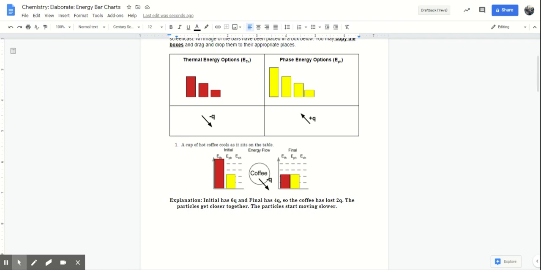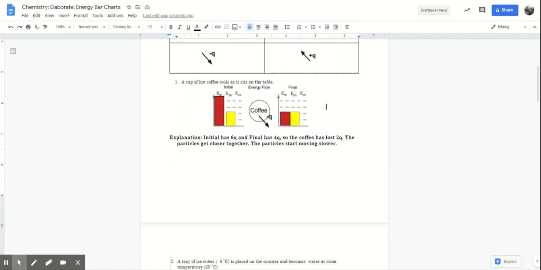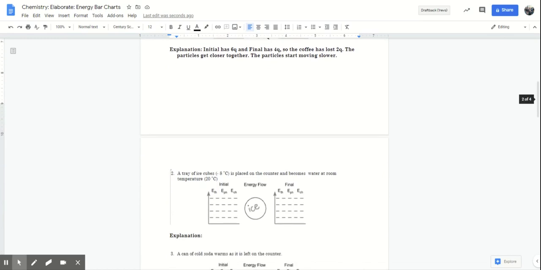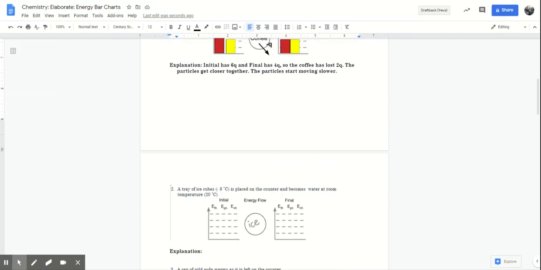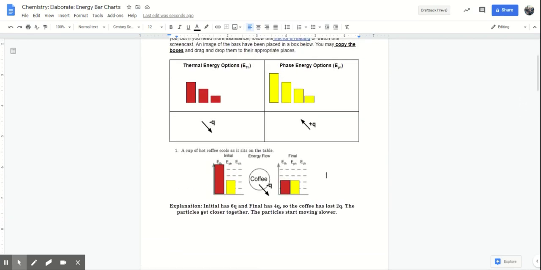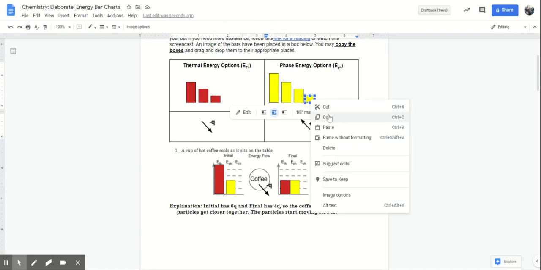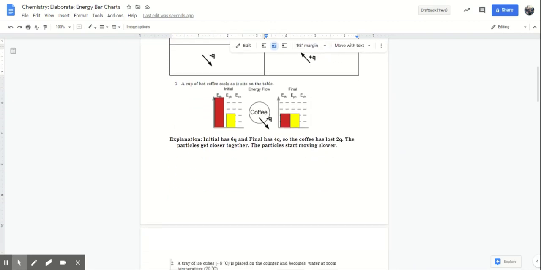Now I'm going to scroll down to my next one. And my next one says that I have a tray of ice cubes. A tray of ice cubes is placed on the counter and becomes water at room temperature, 20 degrees Celsius. Now, because I have a tray of ice cubes, it's ice, it's solid. So I'm going to start with my phase. I start with a solid and I end with a liquid. So I'm going to take my solid, which is going to be my 1 bar. I'm going to bring it down here,